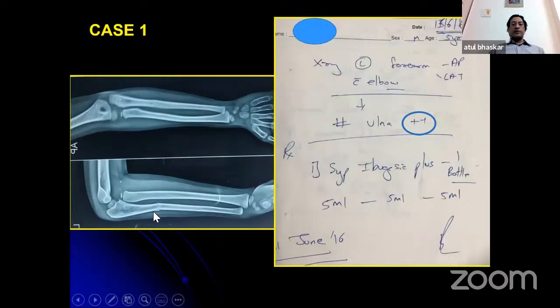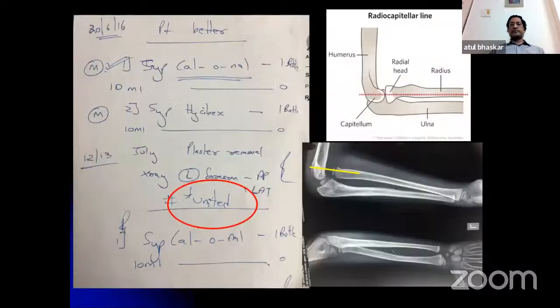So this child was also completely missed. This was his diagnosis. You can see again, written by an orthopedic surgeon, 2016, fracture ulna double plus, which I don't know what it means, but obviously it was missed completely. But this is not unusual in practice. So again, I always emphasize, look at the proximal and the distal radial joint. Always ask for two joints, one above and one below, before you actually comment on any X-ray.